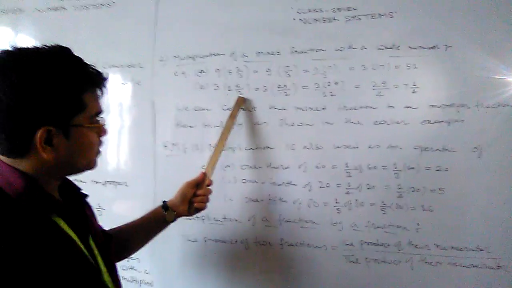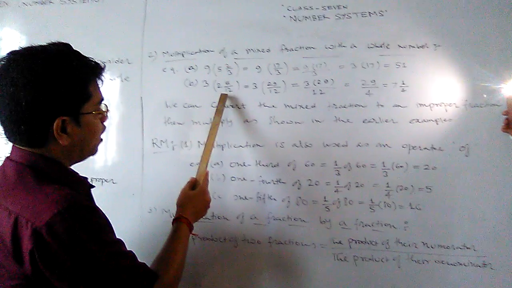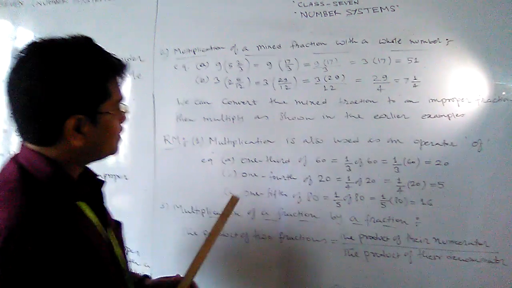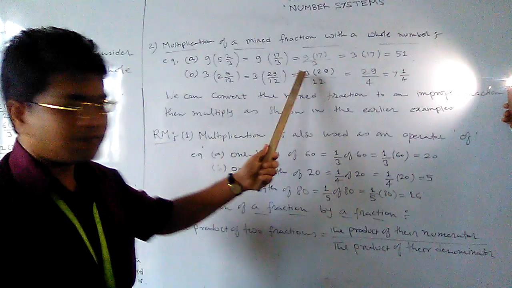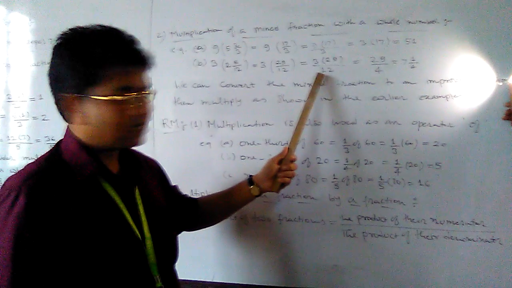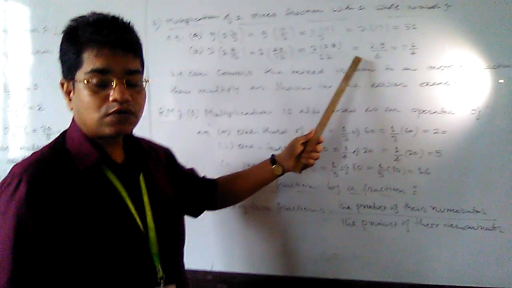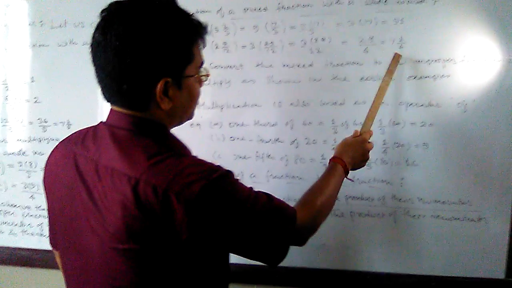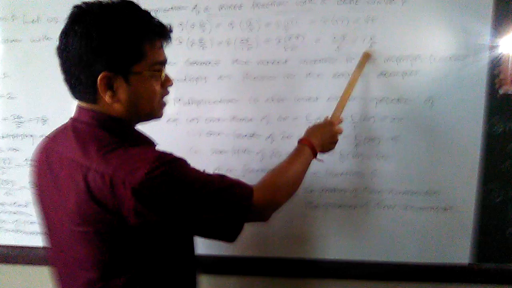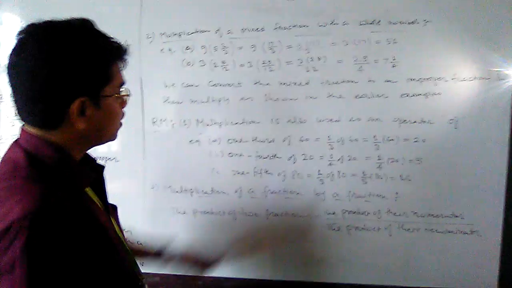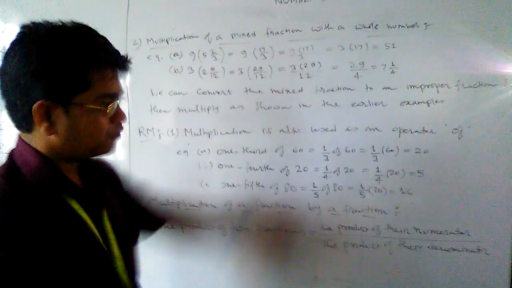Now similarly second example we are multiplying whole number 3 with mixed fraction integer 2 followed by proper fraction 5 by 12. Now again convert this mixed fraction into improper fraction. And as in earlier example, we learned this whole number will multiply to numerator of the fraction. Now if there is any common factor, it will get cancelled. Finally, we will get 29 by 4, which again can be written as mixed fraction form integer 7 followed by 1 by 4. When we divide 29 by 4, quotient is 7, remainder is 1, divisor is 4.